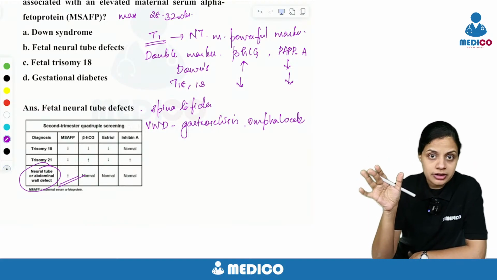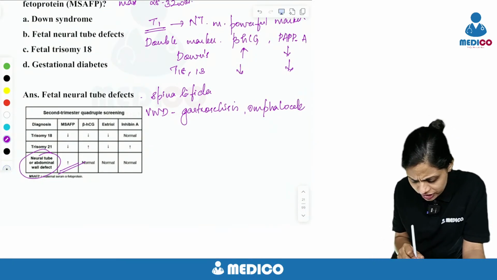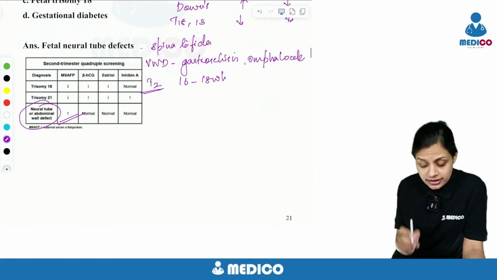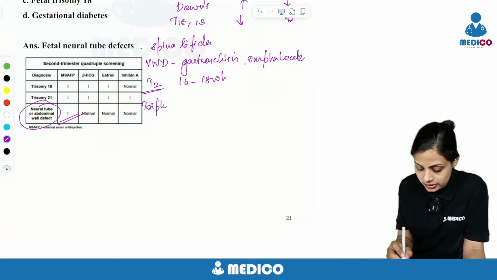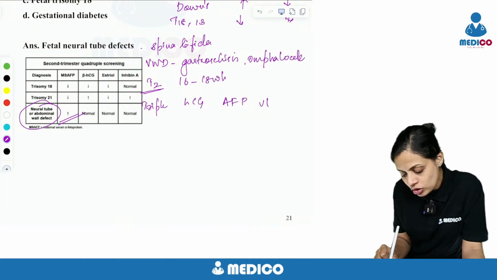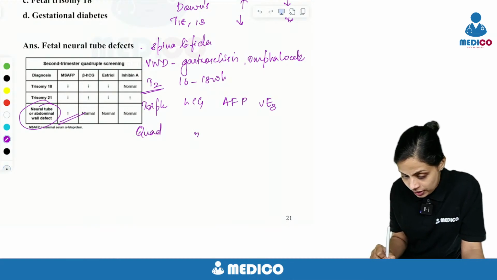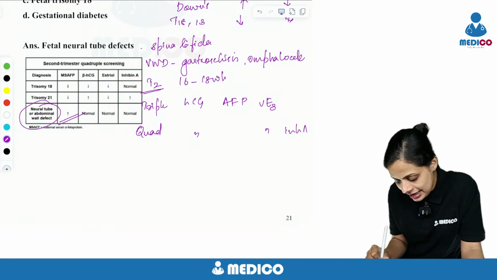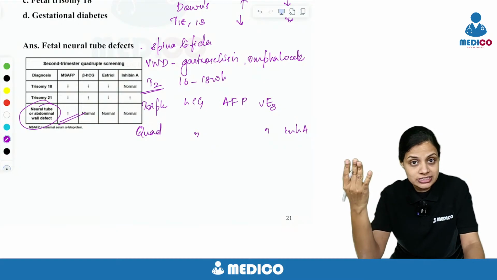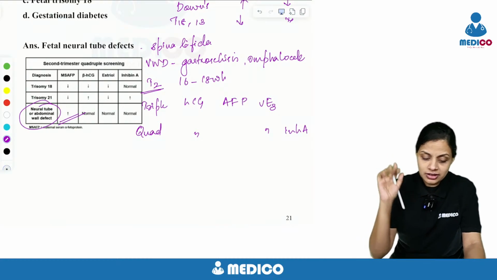Okay, that is the double marker. Now she has crossed the first trimester, like here she's at 18 weeks. What are the tests that you do? Around 16 to 18 weeks, you can do either a triple marker or a quadruple marker. A triple marker includes HCG, AFP and unconjugated estriol, while a quadruple marker includes HCG, AFP, unconjugated estriol and inhibin A. In Down syndrome, again HCG is elevated and inhibin is also elevated, while in trisomy 18 and 13 all the markers are reduced.